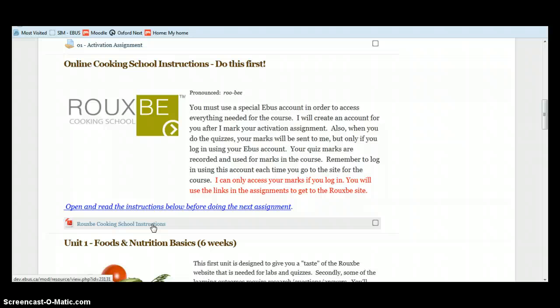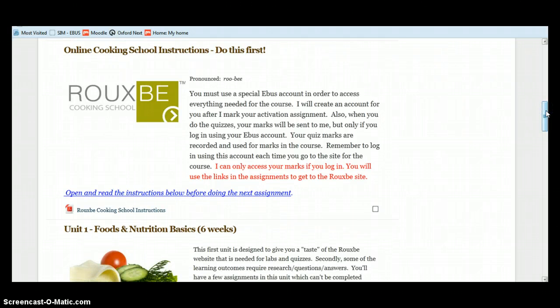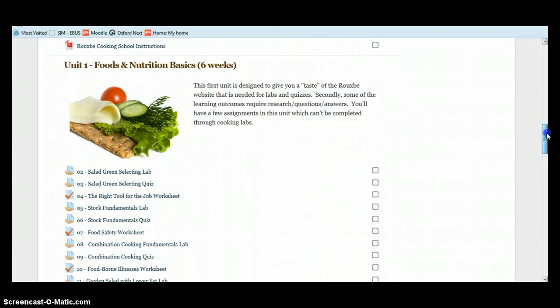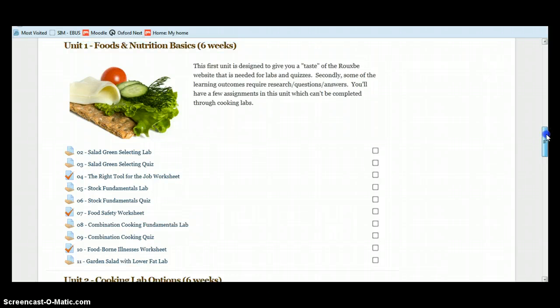In the instructions as well, you will see that I want you to change it to ebus course, all one word, lowercase, just in case you forget your password, because I have had students in the past change their password to something unique and then they forget it, and it's quite a hassle to recover it. So I'd like you to do that, please.